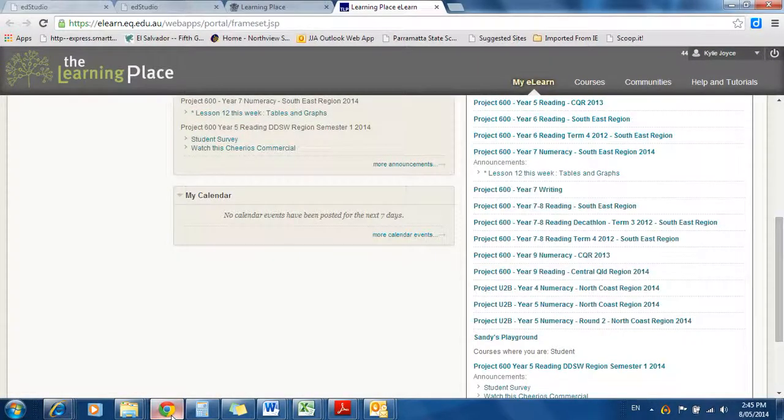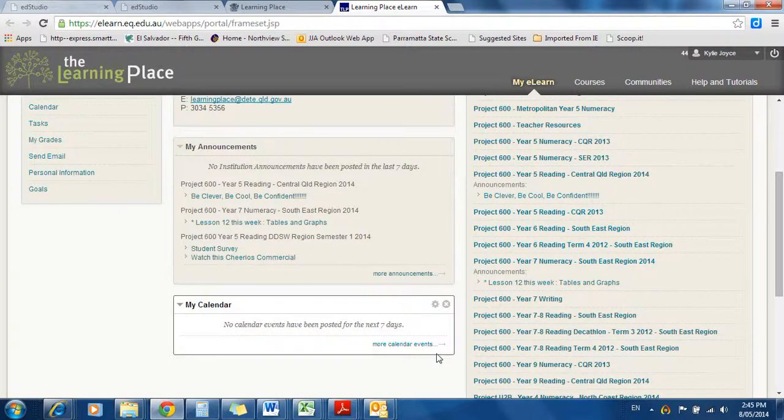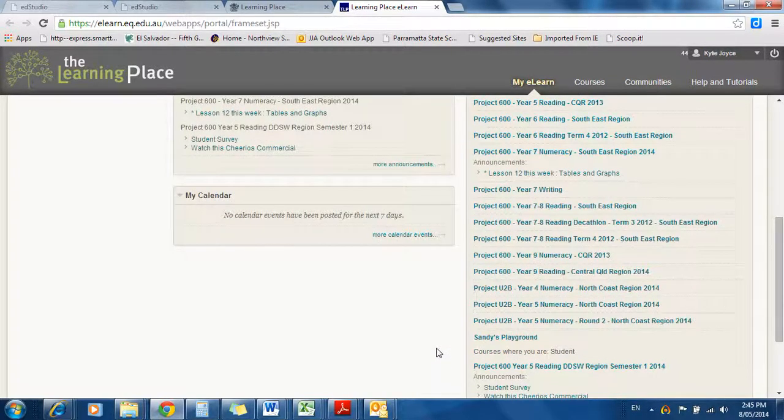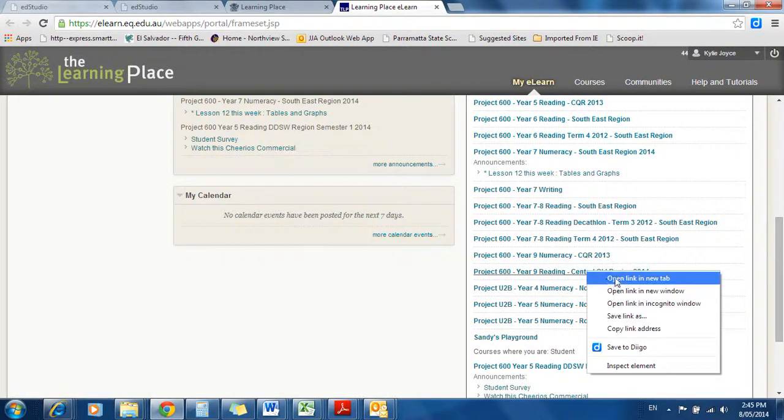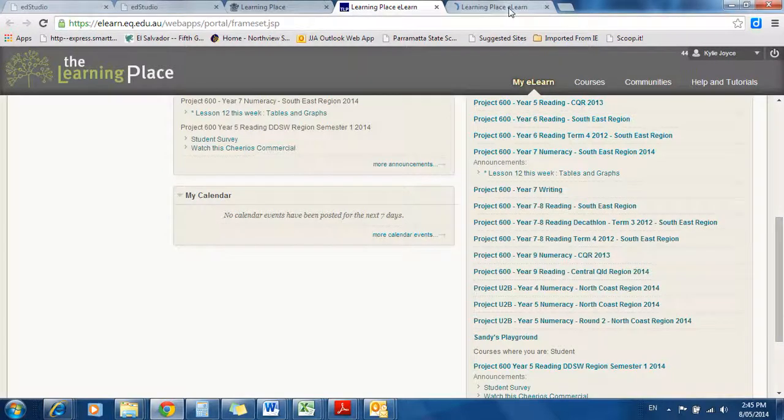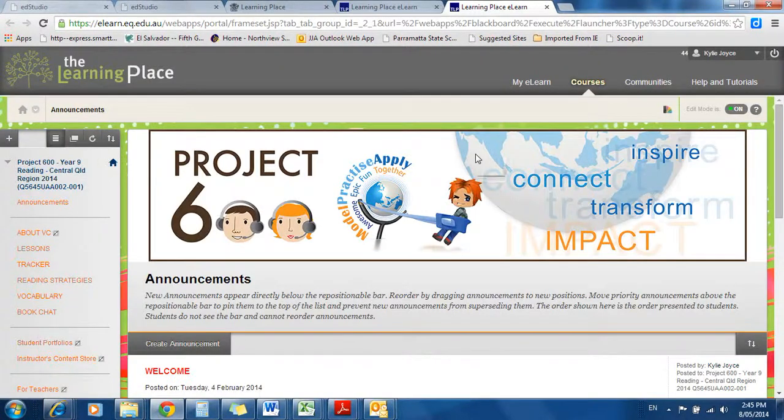So the trick is to actually go to Google Chrome. I actually have my eLearn open already in Google Chrome. So then I would locate the correct virtual classroom that we need to go to, and I would follow a very similar sequence, but do it in Google Chrome. When I go back to Internet Explorer, I will be able to just refresh that page and the images should have loaded properly. So back in the Year 9 virtual classroom at the moment, again I will go to Tracker,